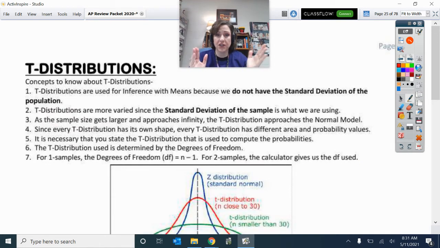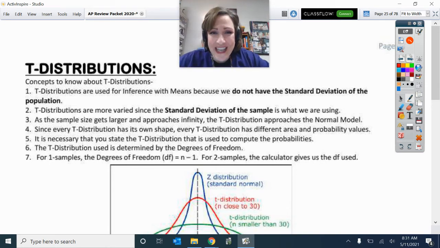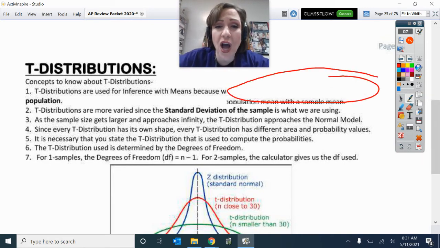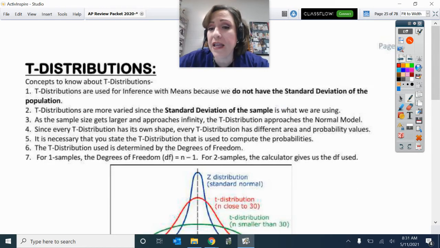All right, so that was all the proportions. We did those in Unit 7. Now Unit 8 is all of the means, but the ideas are the same, remember, with the exception of the fact that we are dealing with t distributions instead of the normal model. T distributions, why t distributions? You have to know. We do not have the standard deviation of the